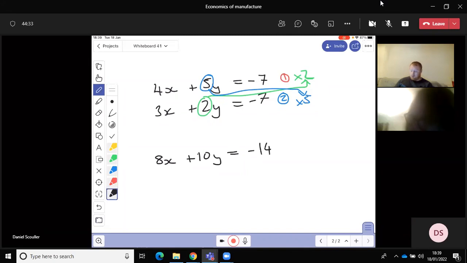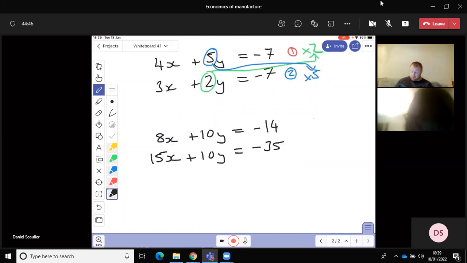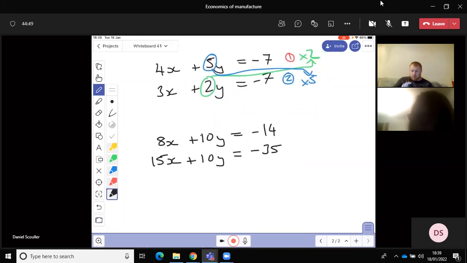The one underneath it, we're going to multiply by 5. So I'm going to have 15x plus 10y equals negative 35. That okay to follow? So we're just taking the number in front of the second term and multiplying the other equation by it, if that makes sense. So we're just making those second terms equal. That means we can do the add or subtract to eliminate that. So to eliminate that,